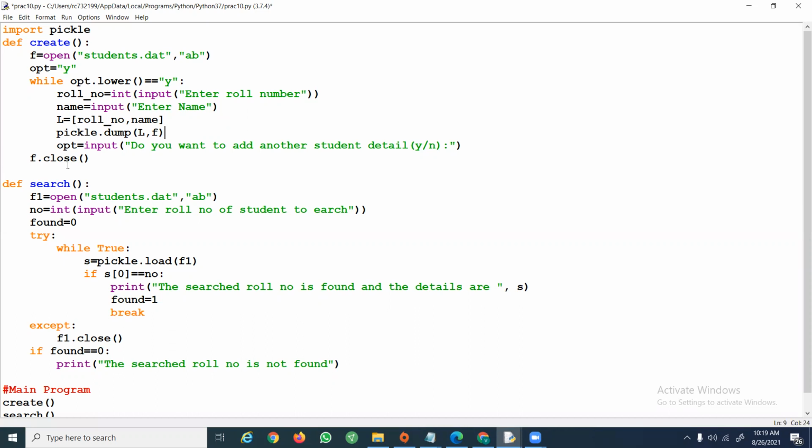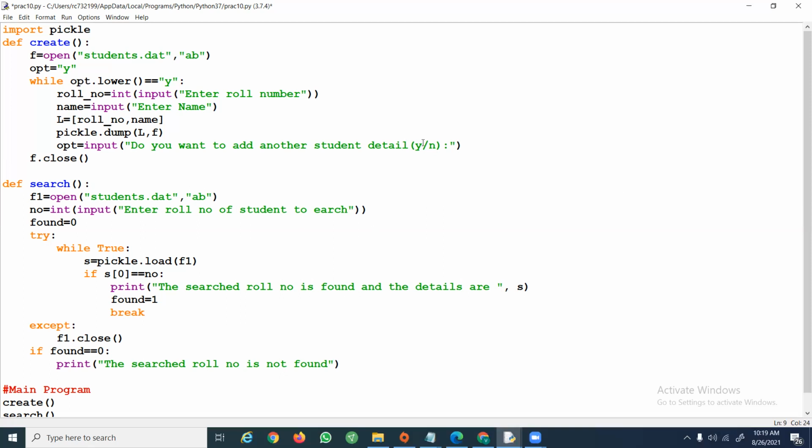After that, you have to check whether the user wants to enter another record. Here I'm reading the information: opt is equal to input of, do you want to add another student detail? Yes or no? You are expected to give either S or any other character; any other character means you don't want to enter any more detail.